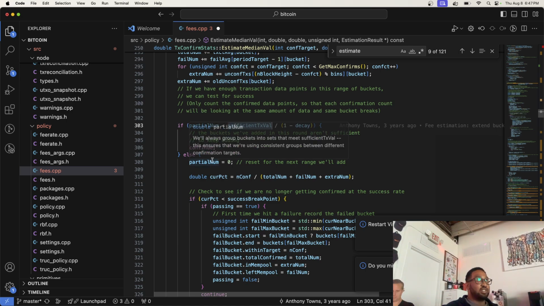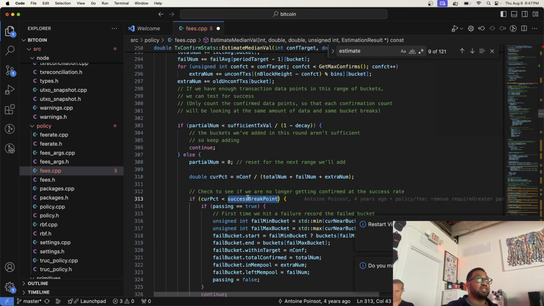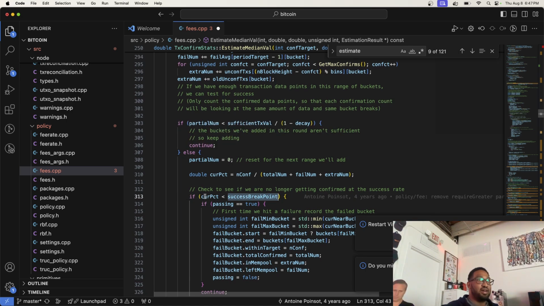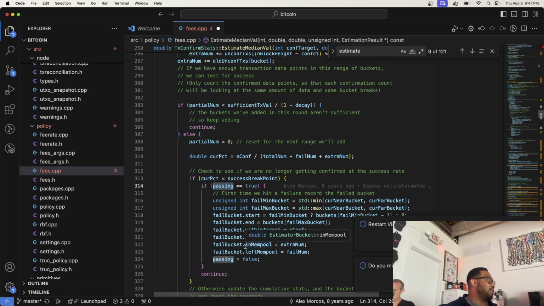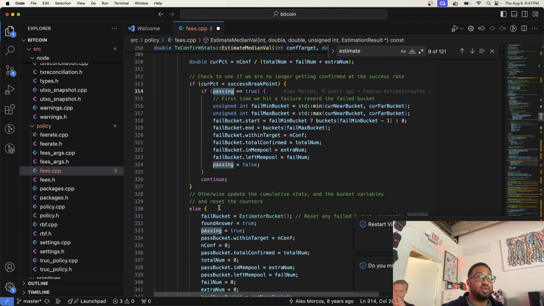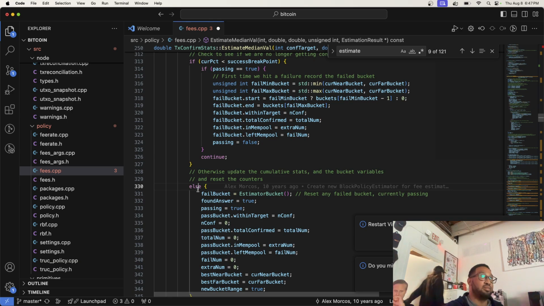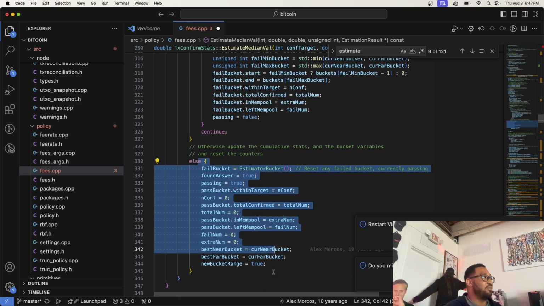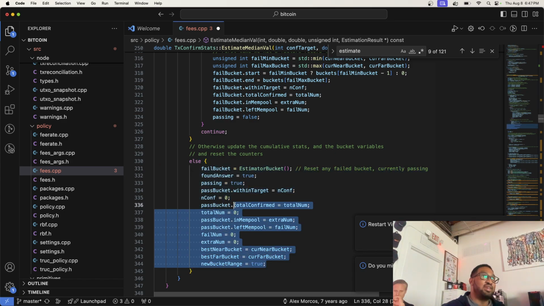And when it is of a sufficient value, you check it against some success rate. And if it's below the success rate and it was passing before, then you like set these failure statistics. And otherwise, then like that bucket's good, right? Because it passed a certain threshold of success transactions. And then you'd set passing equals true and all these other things.